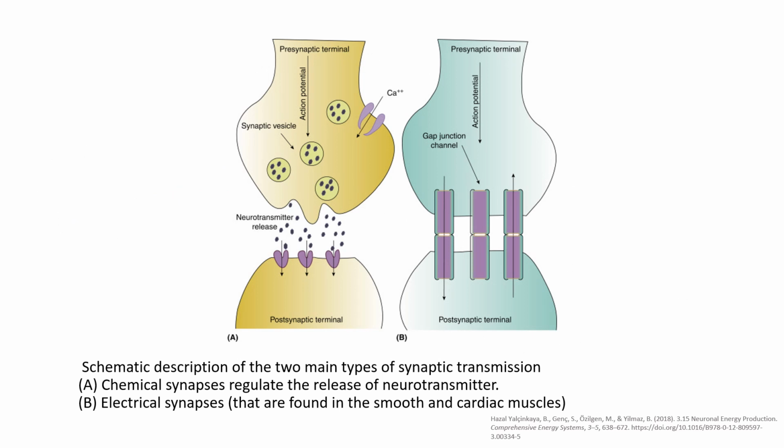This is a schematic description of the two main types of synaptic transmission. Chemical synapses, on the left-hand side, regulate the release of neurotransmitter. Most synapses are chemical, and they communicate using chemical messengers, or what you know as neurotransmitters. At a chemical synapse, an action potential triggers the presynaptic neurons to release neurotransmitters. These molecules then bind onto receptors on the postsynaptic cells and make it more or less likely to fire an